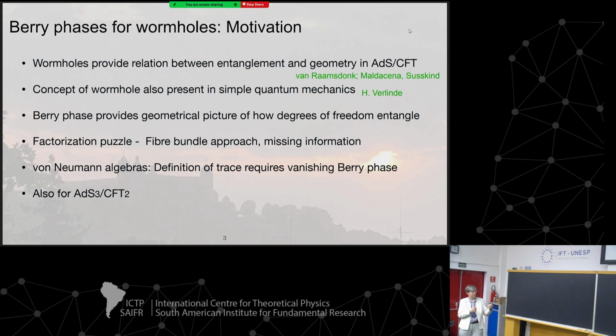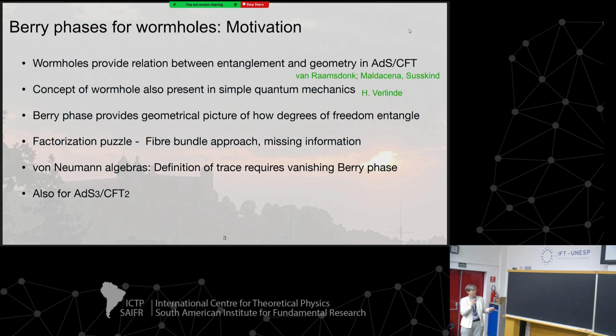At least with the means that I'm presenting here, we will have a very good tool to quantify and analyze this puzzle. This is in the context of geometric quantization, so from the mathematical point of view it's a fiber bundle approach. I won't go into many details of these mathematical structures, but they are clearly behind everything that I'm going to say. Also, they provide a very nice way to quantify the missing information that is associated to entanglement and entropy, and show how this information is quantified in this geometrical context.